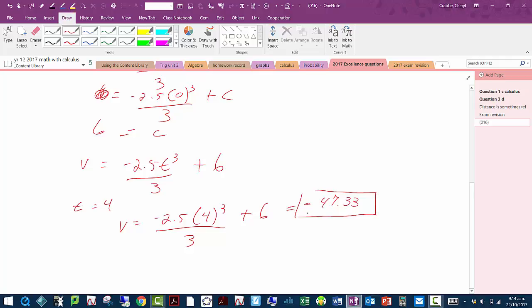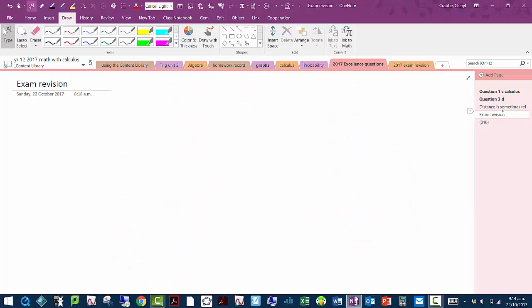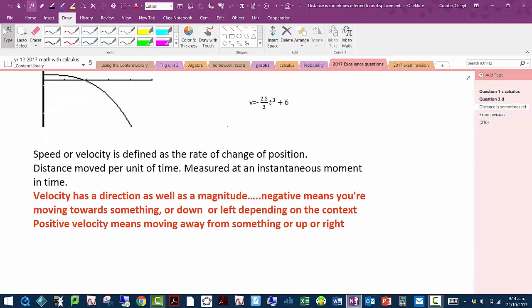Now, that's negative for velocity. You have to understand what a negative velocity means. What does a negative velocity mean? Because velocity can have a magnitude, it's not always going to be positive. Most of the situations are positive, but they're not always positive. If we go back up here, there are notes. This is taken directly out of your notes. Velocity has a direction as well as a magnitude. Negative means you're moving towards something, or down or left. So back towards